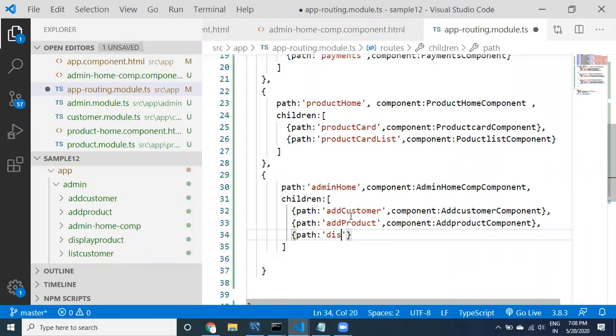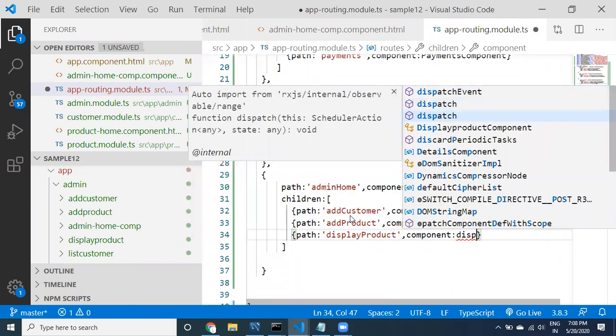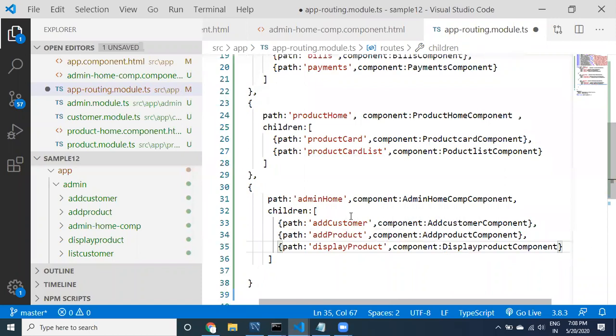Display product, component is going to be display product component.